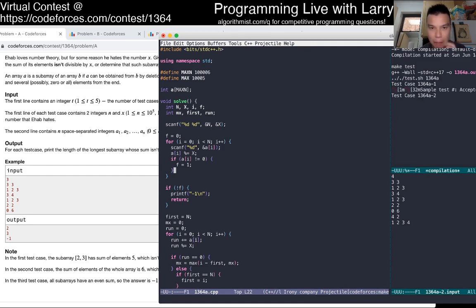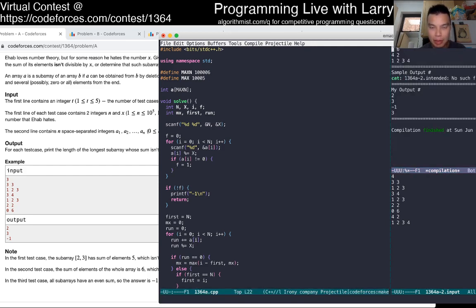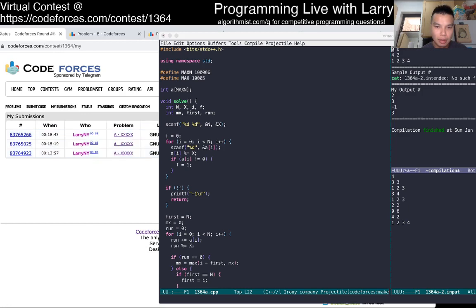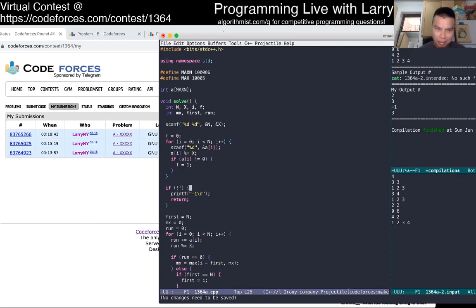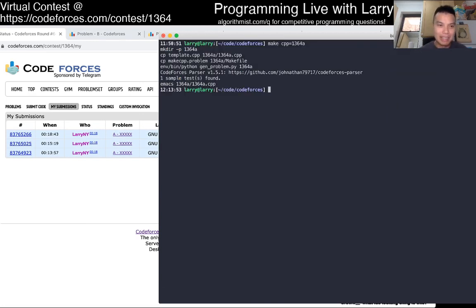My computer's a little slow. 3, is that right? Cannot be the last one. Okay, let's submit this. Okay, cool. So they did get it right, but after 2 submits, and we'll go over it at the end.